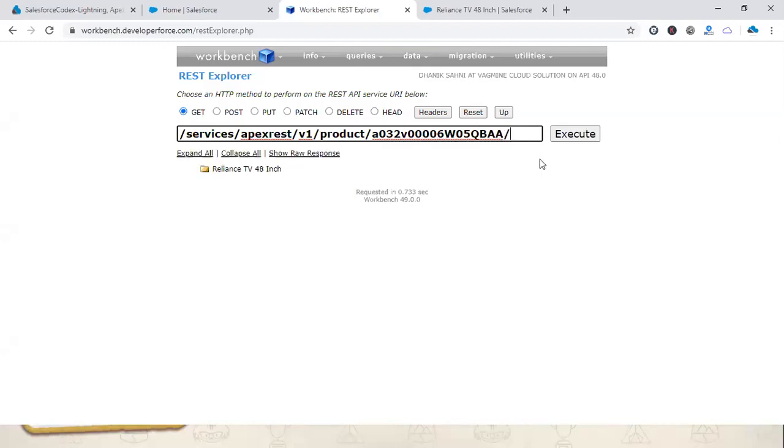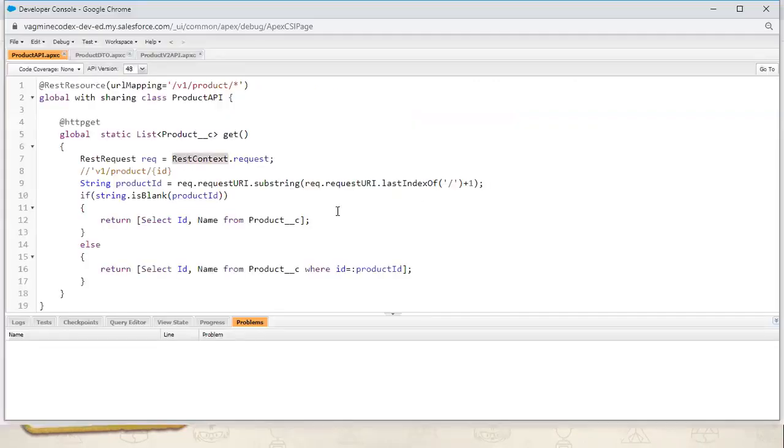Plus, there is another method in our request context class. We are using REST context. REST context basically gives all the contextual information about your current request. Whatever current request you got from the client, it has all the information: whatever request body they have sent, whatever parameters they have sent, all kept in this REST context. So we have to extract that information from this class.